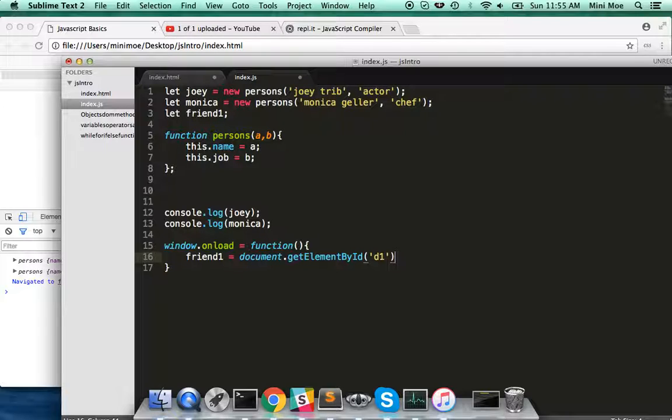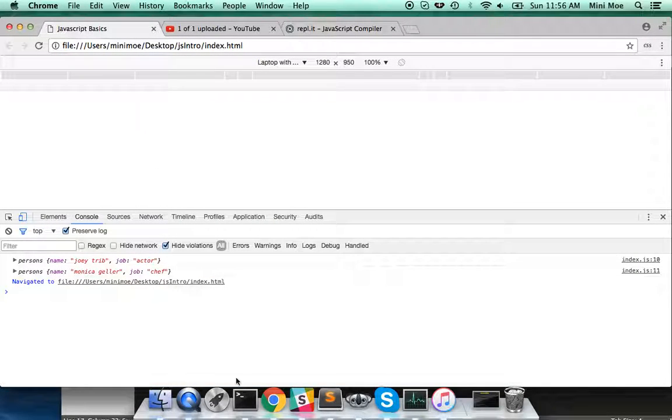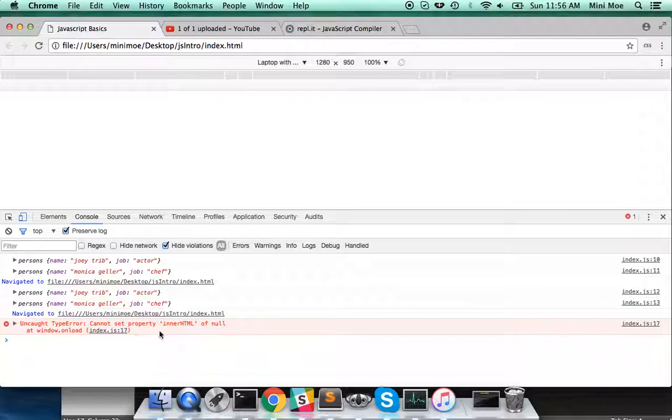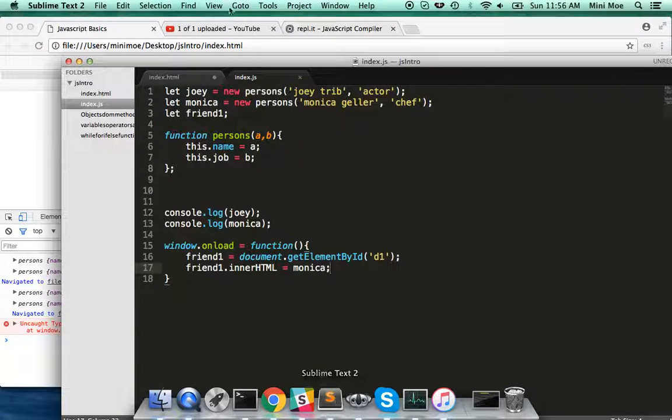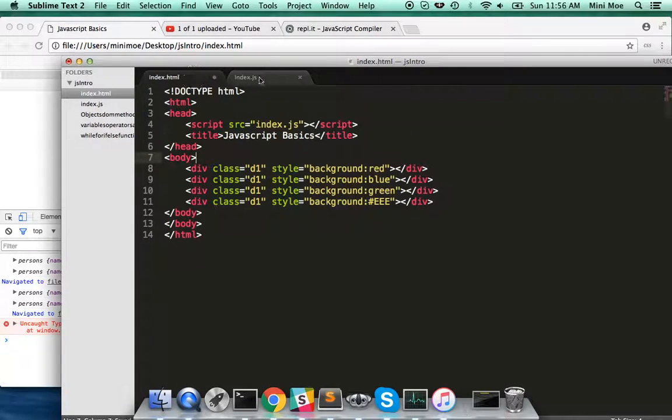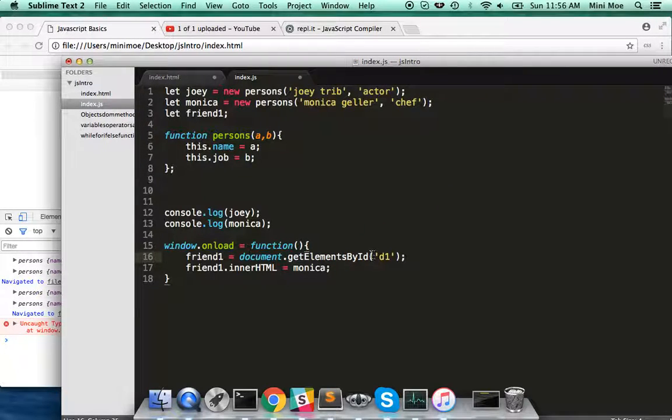So I'm going to do the document.getElementById method, and I'm going to do friends1.innerHTML equals Monica, and you should see Monica fill up. The page will fill up with the Monica proper object. Cannot set innerHTML of null. Let's go back and see. Document.getElement by, oh wait, sorry, it's a class. Made that mistake last time. By class